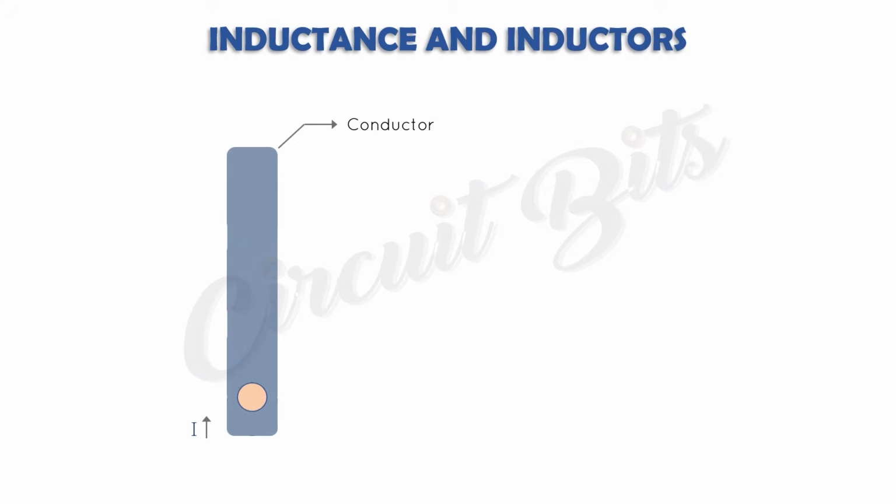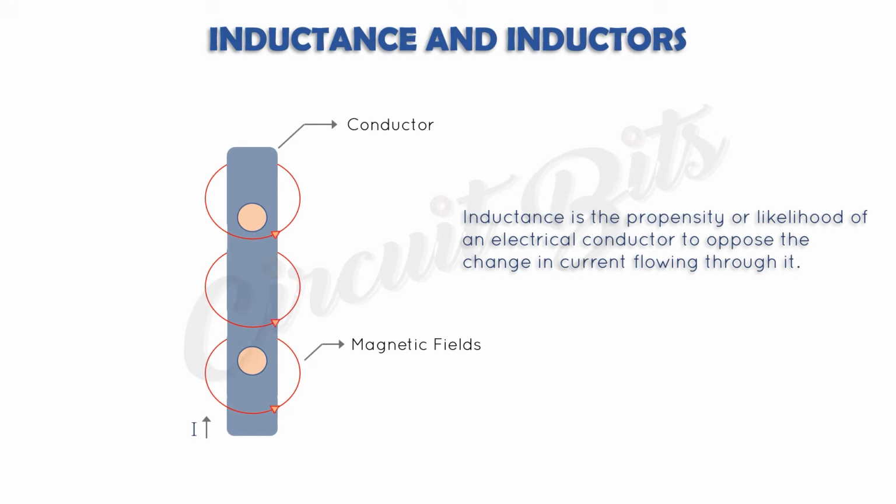When current flows through a conductor, magnetic fields are formed, and this field can affect circuit operations. And to relate with the effect of this magnetic field, the term inductance was born. What is inductance? Inductance is the propensity or likelihood of an electric conductor to oppose the change in current flowing